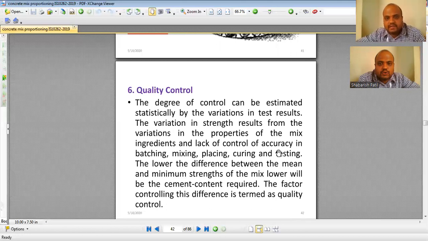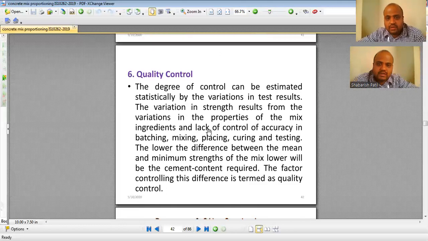Is the cement just being stored on the floor? We cannot store cement on the floor. There are certain precautionary measures for how cement is supposed to be stored on the site. If they are not followed, the quality of the cement decays, or degrades, and that will lead to an increase in the cement content. So quality control plays a very important role.